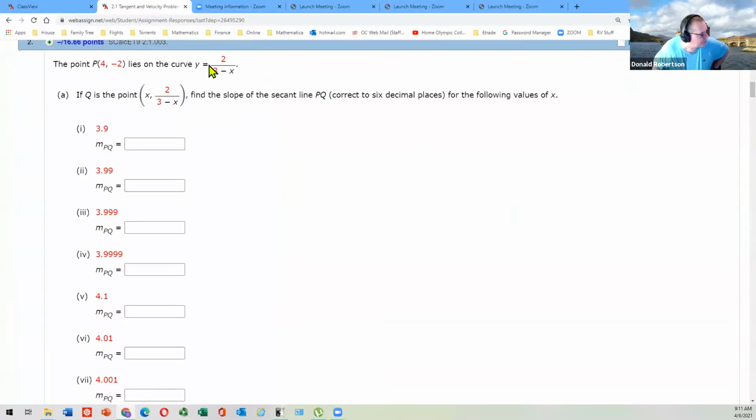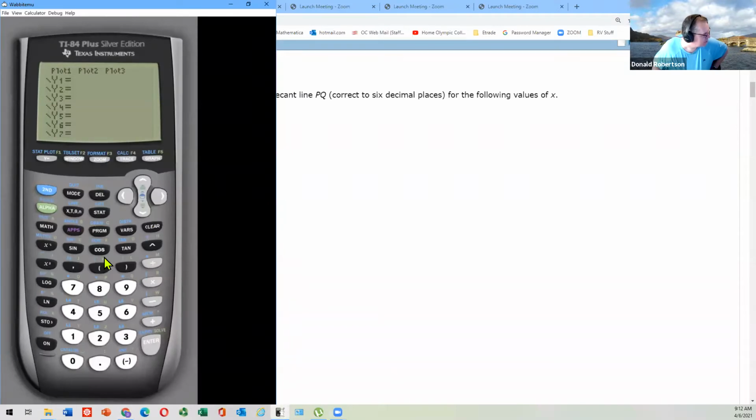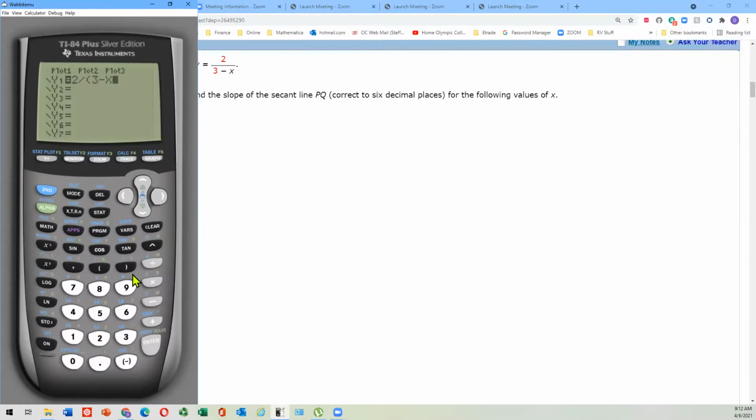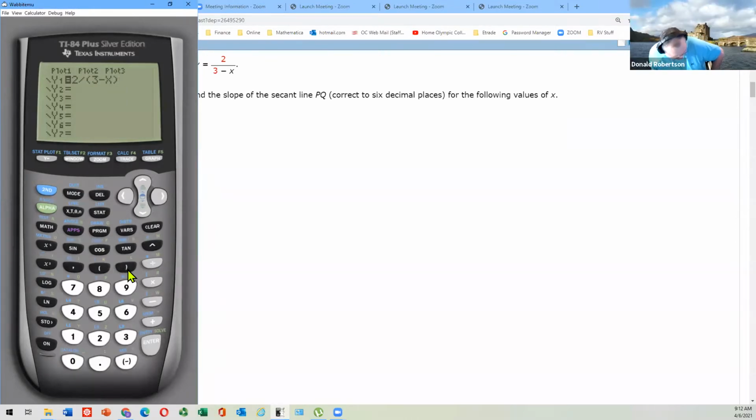Can you see this function is 2 over 3 minus x? Let me do that, bracket 2 over 3 minus x. So 2 divided by bracket 3 minus x. That's better. Okay, so I've changed the function from the one I did because I meant to do this one